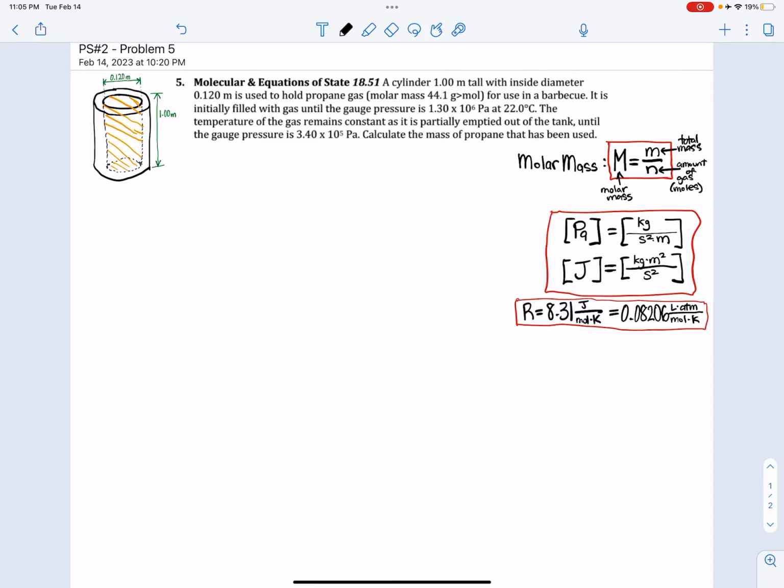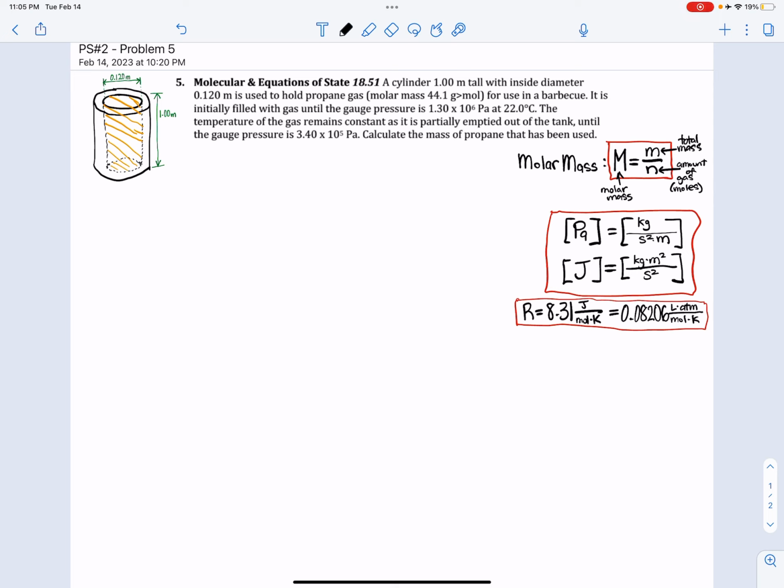Hello, this is problem set number 2, problem 5. A cylinder 1 meter tall with inside diameter 0.12 meters is used to hold propane gas for use in a barbecue. Propane gas has a molar mass of 44.1 grams per mole. It is initially filled with gas until the gauge pressure is 1.3 times 10 to the 6 pascals at 22